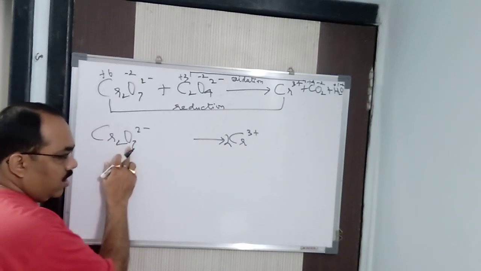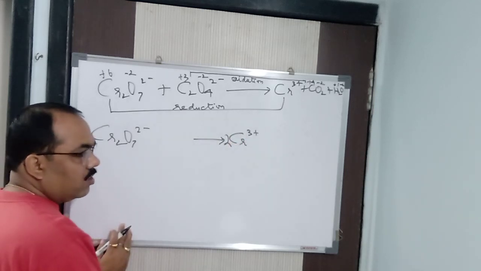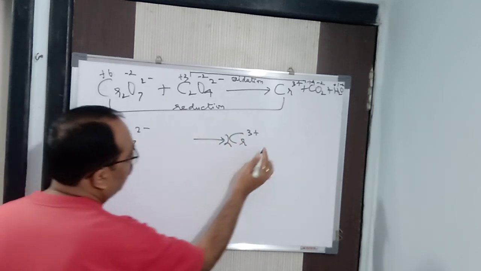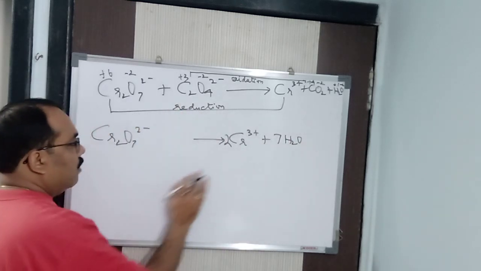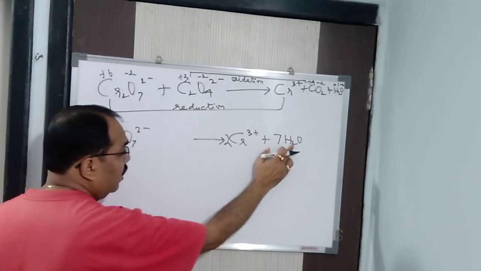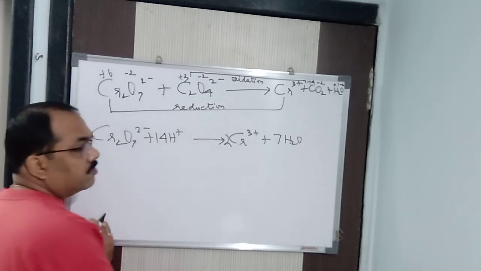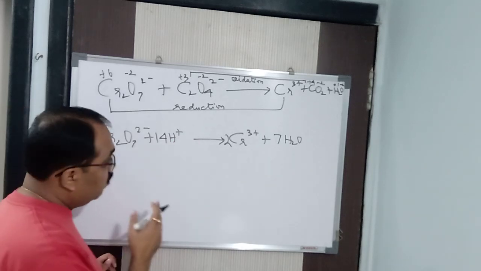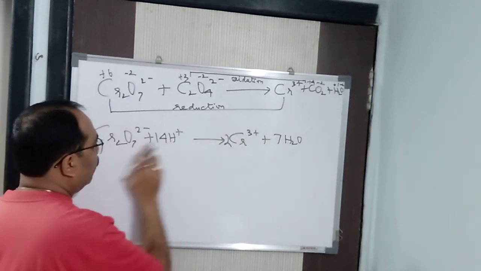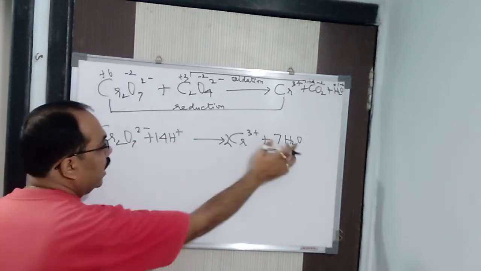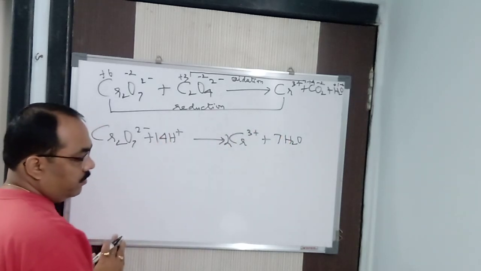Now to balance oxygen, I have to add the same number of molecules of water on the opposite side. Here 7 oxygen is there, so I will add 7 water on the opposite side. So 7 oxygen done. By putting 7 water, hydrogen becomes 14. Here no hydrogen is there, so I will put 14H plus, because I have to balance in acidic medium. So H plus ion has to be there. So 14H plus. Understood? 7 oxygen, so 7 water. If 5 oxygen, 5 water. 10 oxygen, 10 water. Same number of water. After that, the same number of hydrogen on the opposite side.